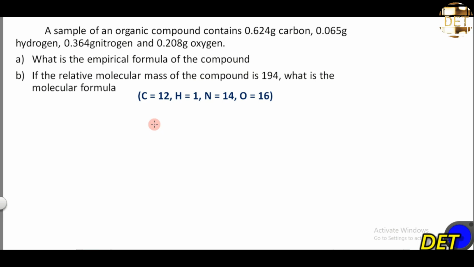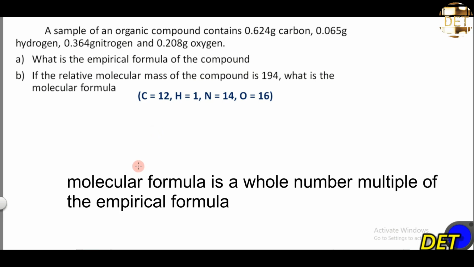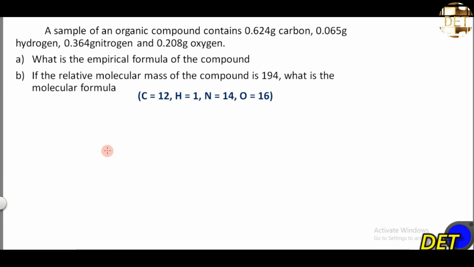The molecular formula is a whole number multiple of the empirical formula. I've mentioned that before. Very important. So if I should represent that, this will be from the empirical formula,